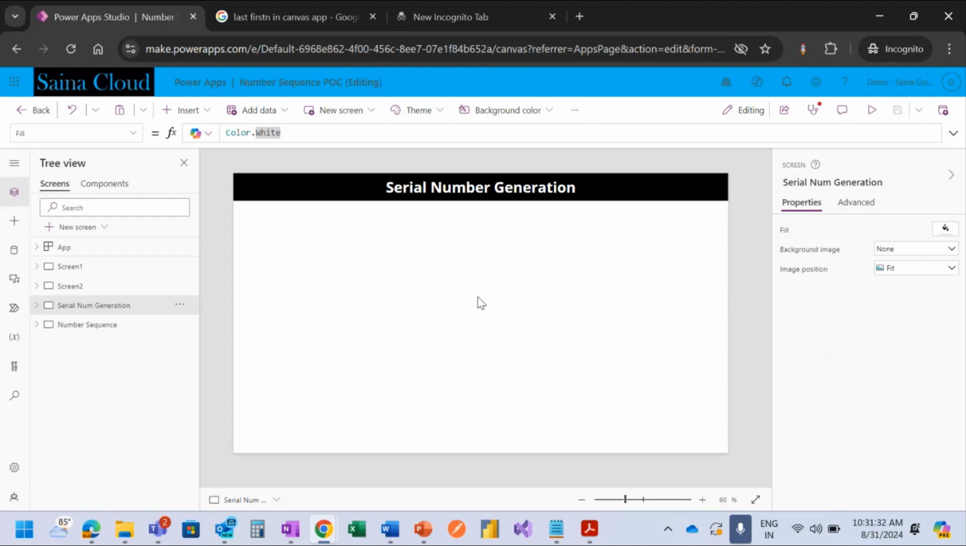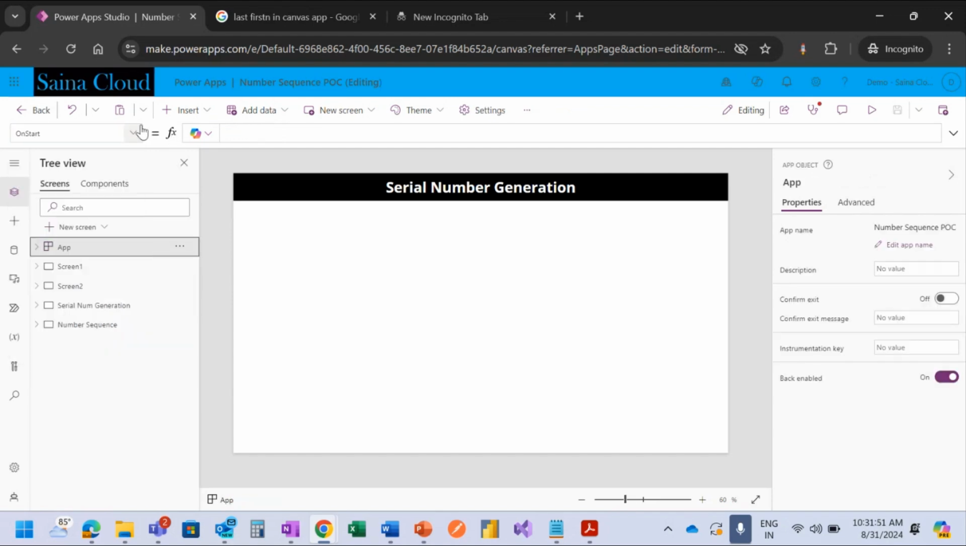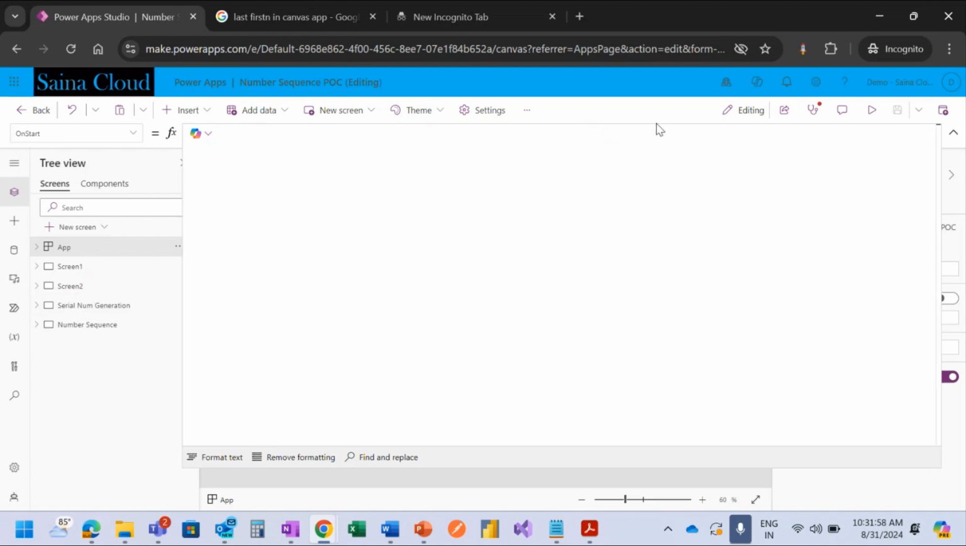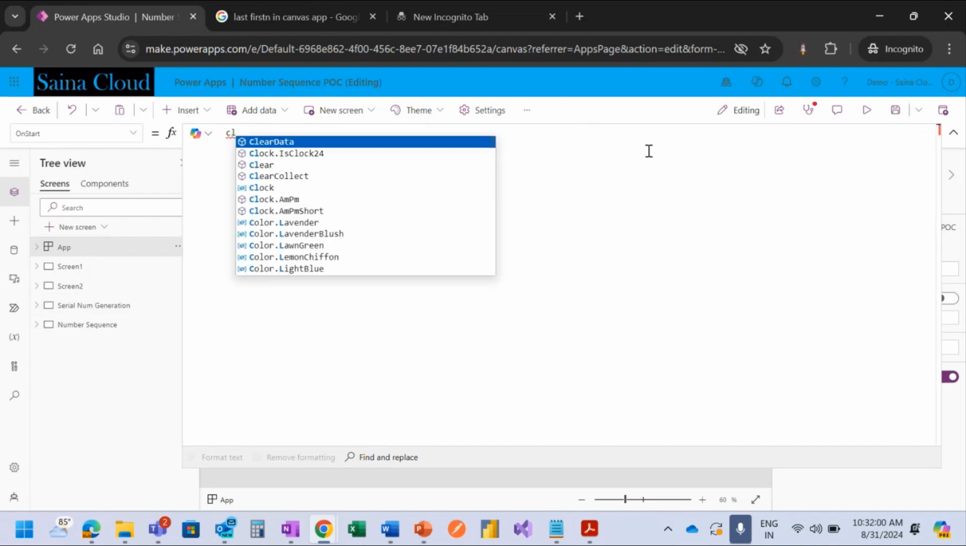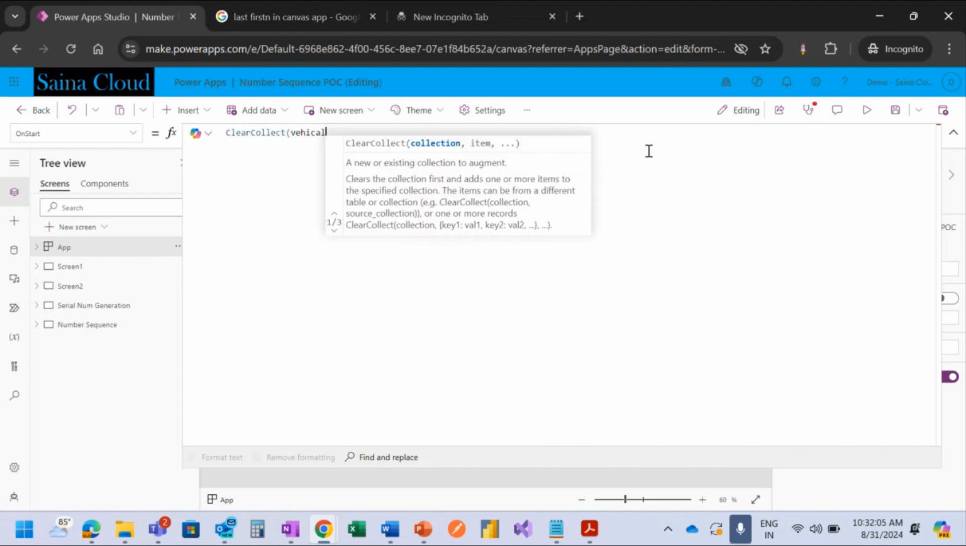So here I have a screen for serial number generation. Serial number generation is needed when you want to have multiple records in your collection and you don't have a direct method to get the serial numbers. For that, I'll go to the onStart property of the app. In onStart, I'll create one collection with ClearCollect, a vehicles collection here,